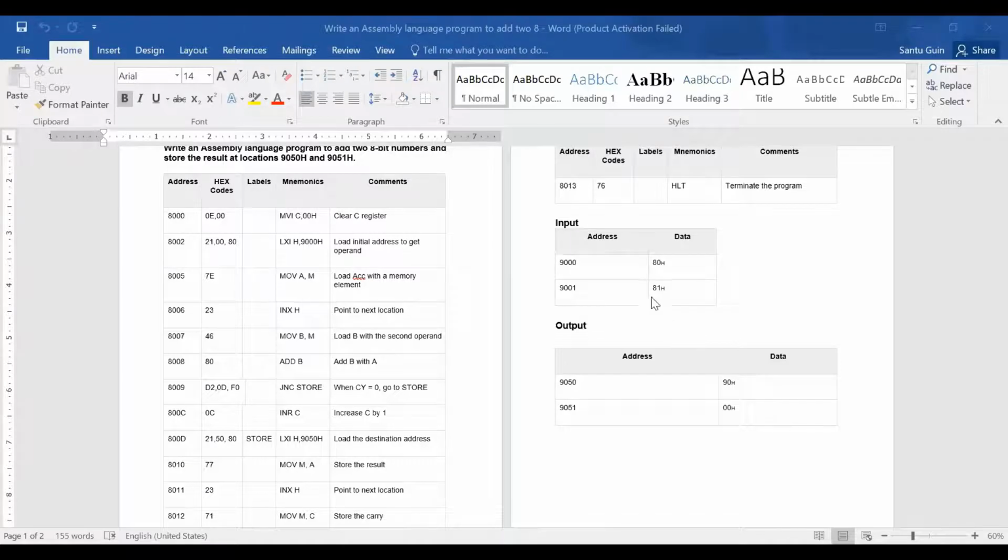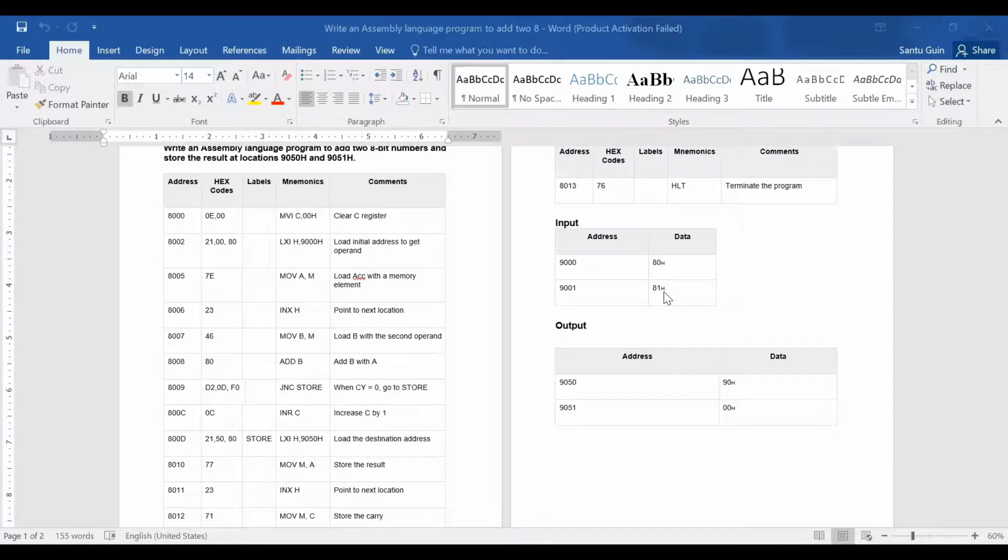Now for the second data byte, the first memory location was referred to by HL. So from 9000, how can we go to 9001? If we increment the memory location by 1. Now what is the size of this memory location? It's 16-bit. To increase any 16-bit number, we have one instruction, that is INX H. If we increment this location by 1, we can easily get the memory address 9001, from where the second data byte must be fetched.